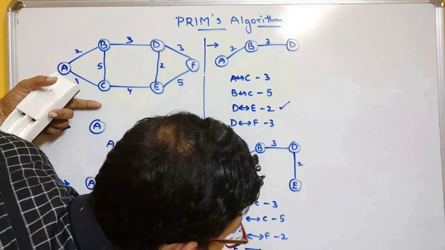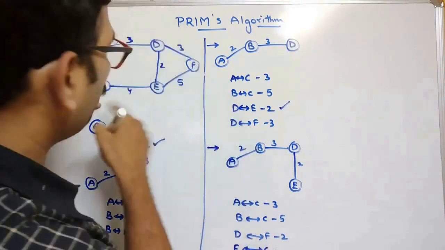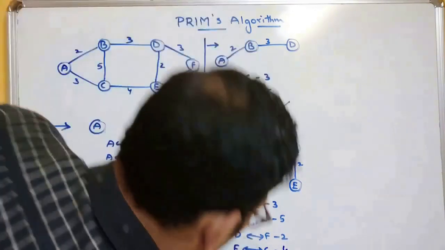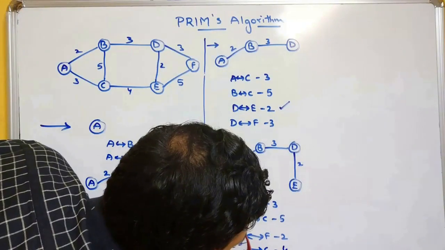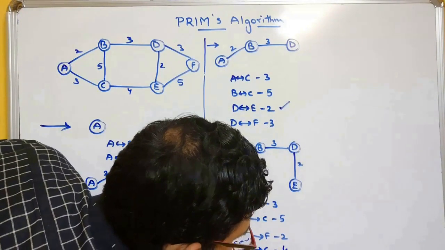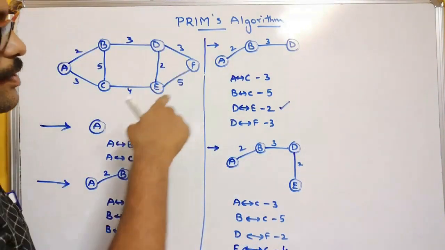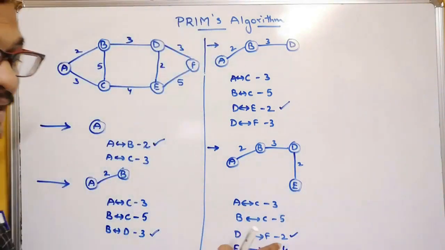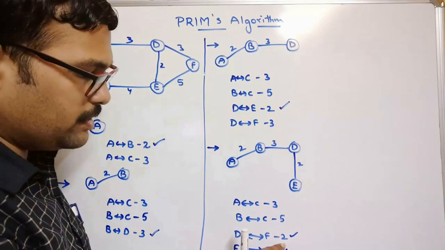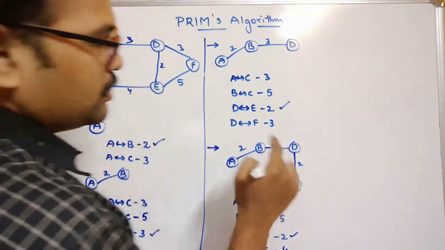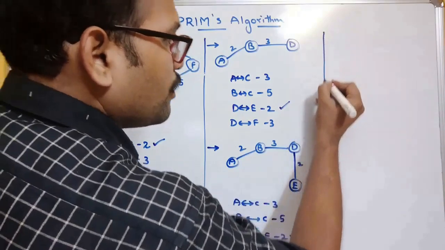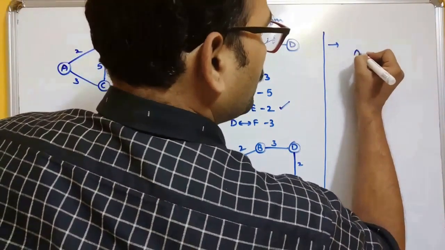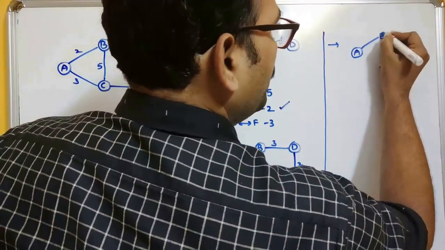So we can write the edge E to C with a cost of 4 and E to F with a cost of 5. E to F, right? Now among these, the least weighted edge is D to F. So see, our tree will be A, B,